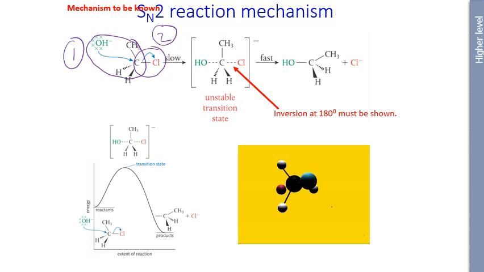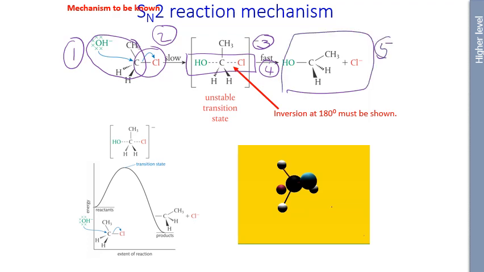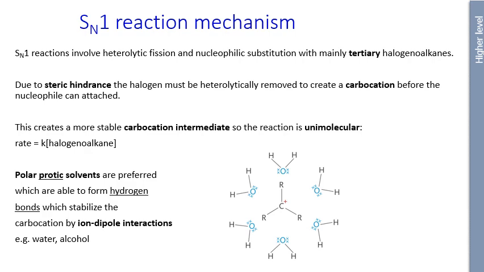Partial bonds, OH, carbon, chlorine, are represented by dotted lines in the transition state. That's point 3. The transition state is enclosed in square brackets with a single negative charge. That's point 4. And the formation of the product and the leaving group must be shown. So there we go. That's point 5 for the SN2 reaction mechanism. So that's for primary